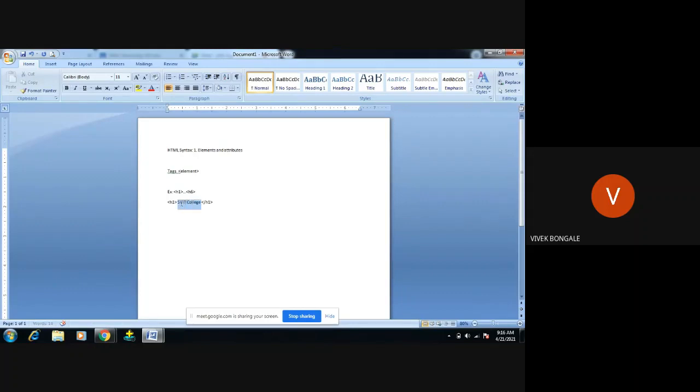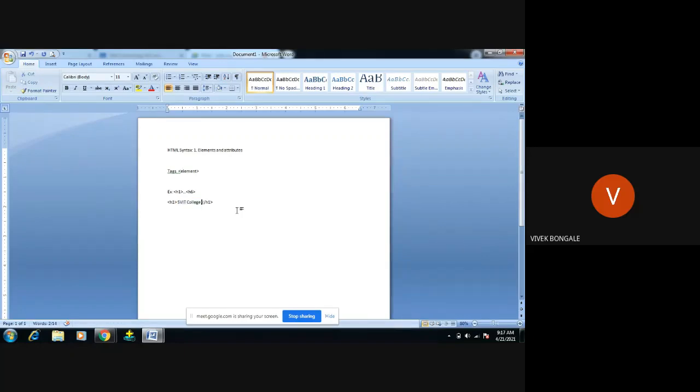The element has two basic properties: for this element we can add an attribute value or a content. What I have written here is a content, not an attribute value.